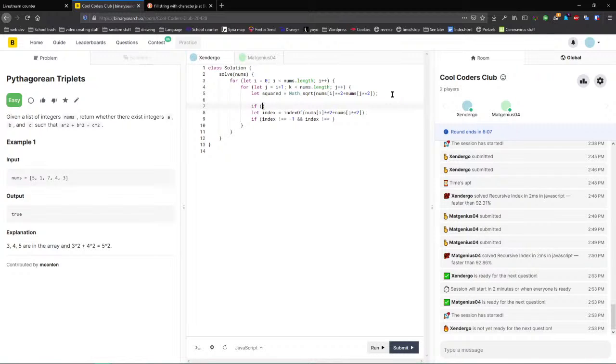and if squared equals the floor of squared, so I'm basically checking if it's a whole number there, then we'll say the index of squared. So I'm saying that the index equals the index of squared if squared is a whole number, and squared is this formula,